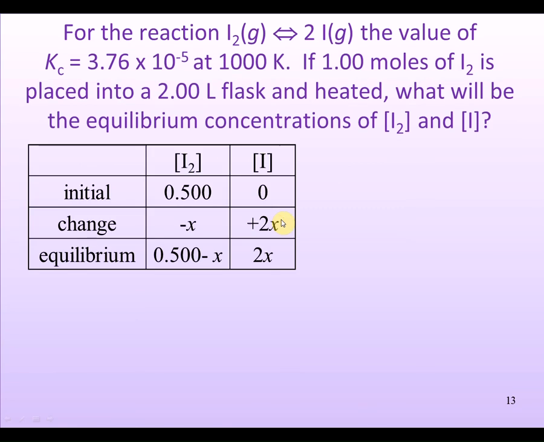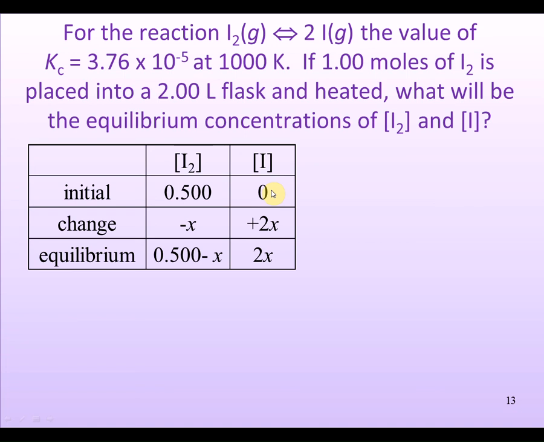So again, remember, we have to have our balanced chemical equation, which they've given to us. Then we set up our ICE table. So our products and our reactants, and initially we have 0.5 molar I2, because that's the 1 mole of I2 in a 2-liter flask. So moles divided by volume gives us the molarity. And since we don't have any I yet,